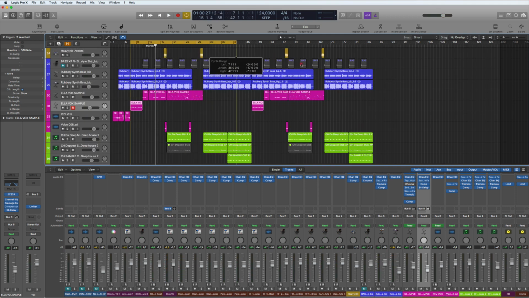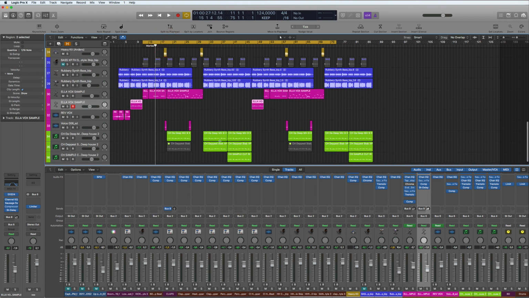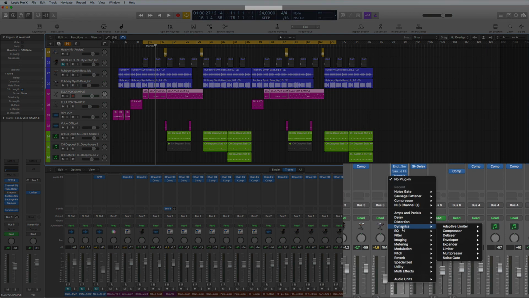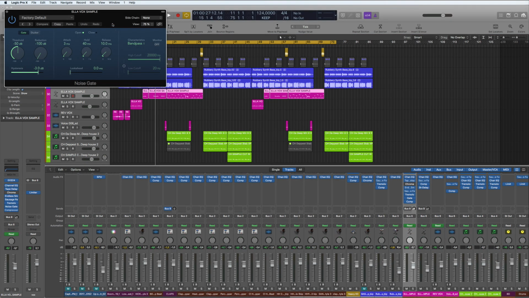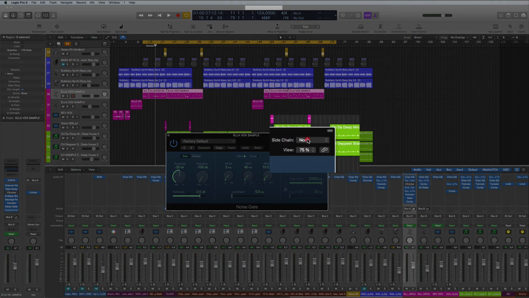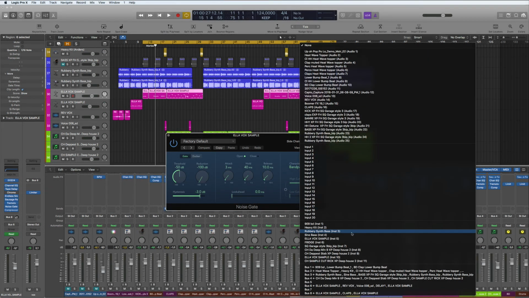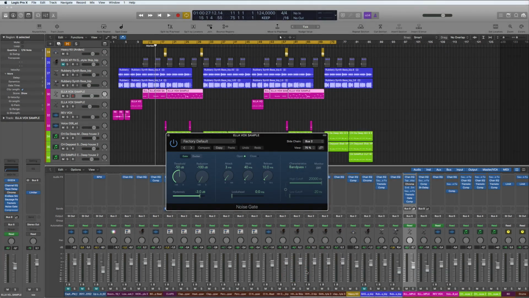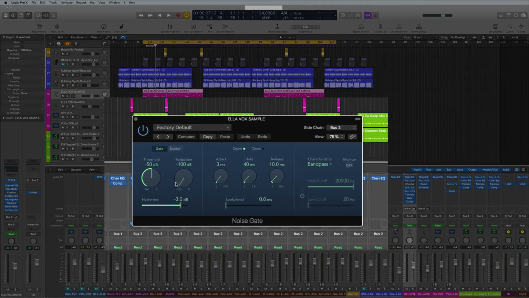This is quite a unique way of doing a stutter glitch effect on a vocal, or anything. Actually, it can be a synthesizer, it can be anything you want. So what I'll do here is insert a noise gate on this, right? And what I'm going to do is take the sidechain and take the feed from bus 2, which is my drum feed, and then I'm going to just reduce this a little bit,